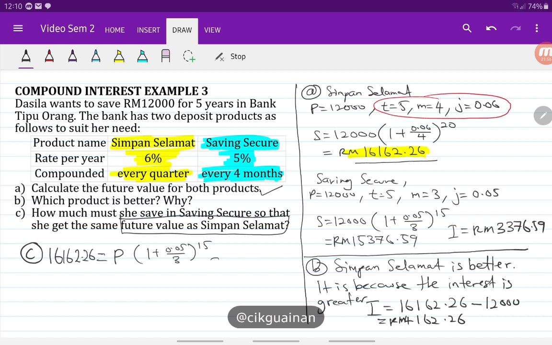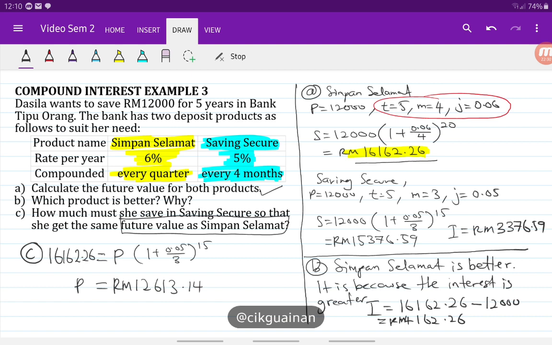Then we just calculate the rest. 1 plus 0.05 over 3, power 15, and then 16,162.26 divided by the answer. So she needs to deposit 12,613 ringgit and 14 cent in Saving Secure